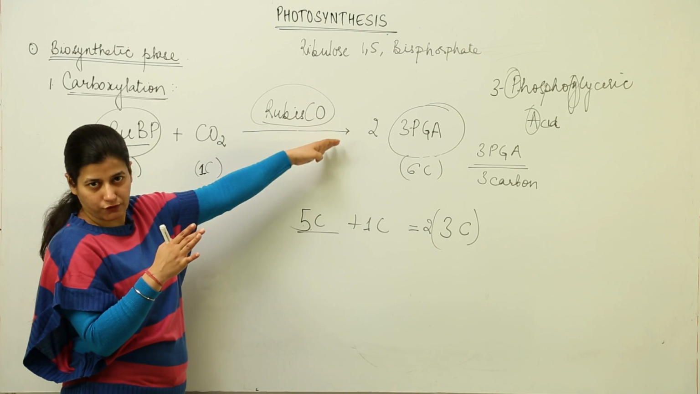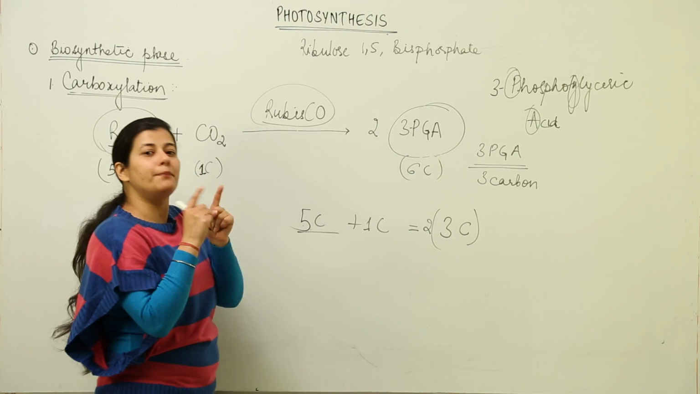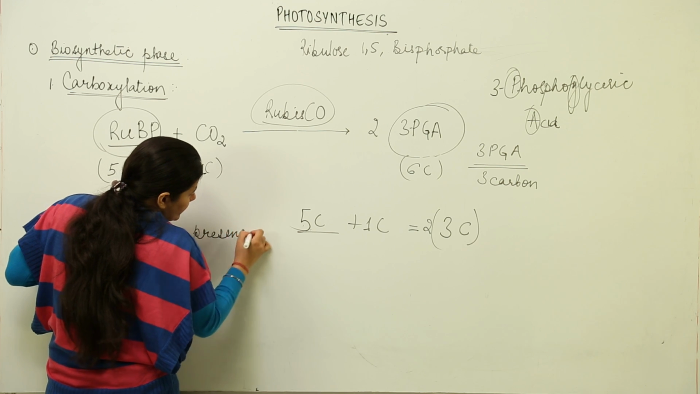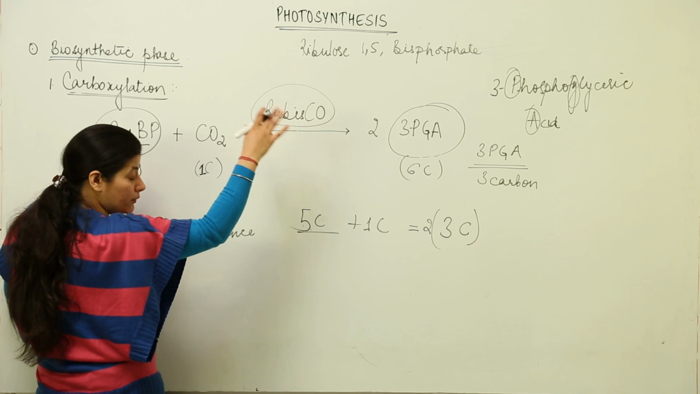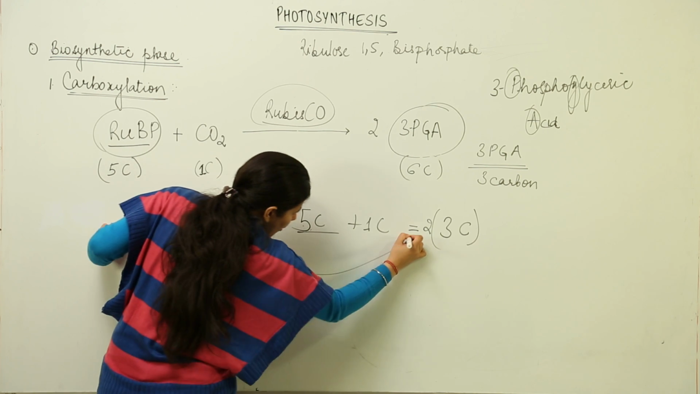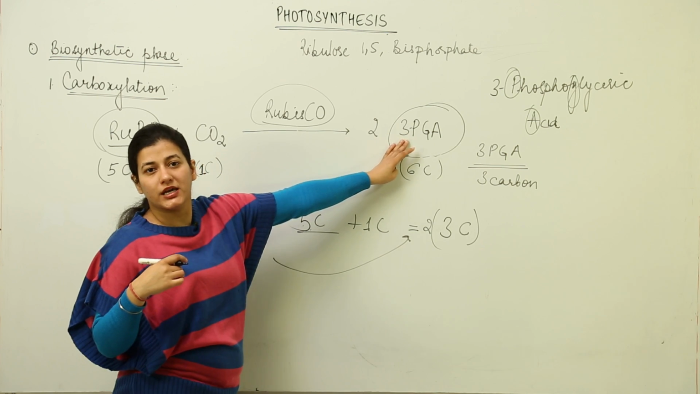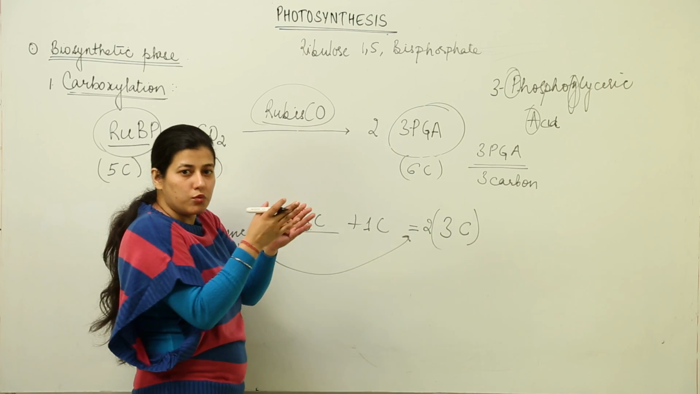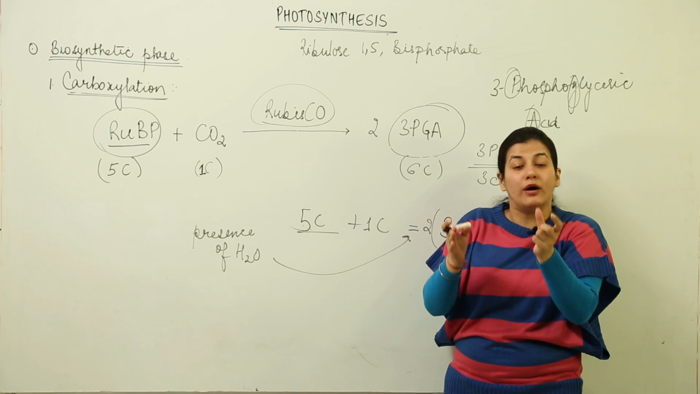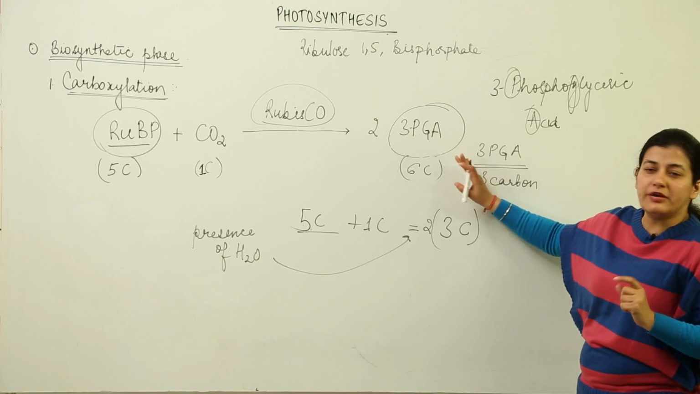Though there is an intermediate formation in the beginning, a carboxy keto compound, later on in the presence of water, remember this as well, the intermediate compound breaks down to form the 3-carbon compound, 3-phosphoglyceric acid. And 2 molecules are formed because when water comes into the scenario,